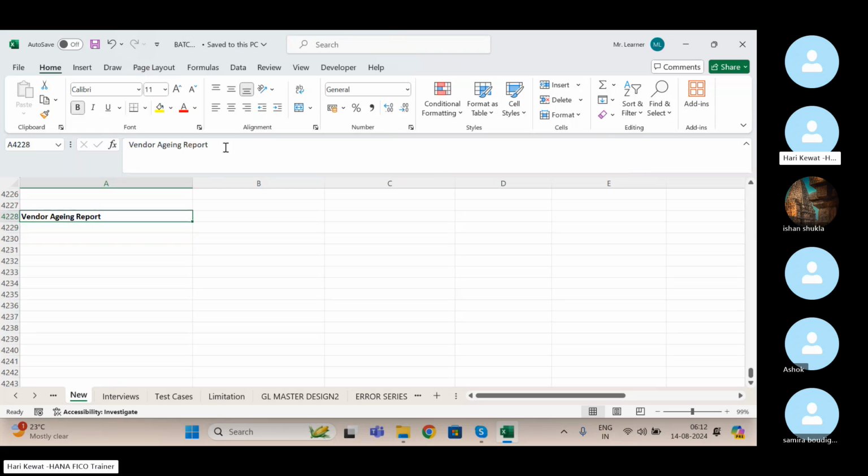Vendor aging means old. So how many vendor invoices are due by how many days? Very simple. That is known as a vendor aging report. Now